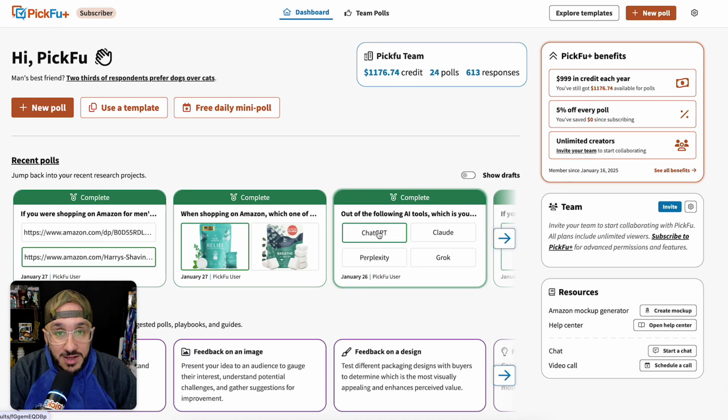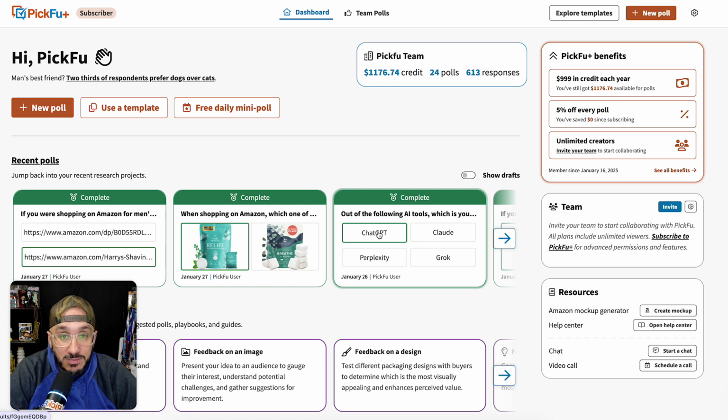Don't you hate it when you're selling on Amazon and you have a great quality product and you think you're doing well, but there's always this one competitor who, no matter what you do, they're getting a better review, they're getting more sales, they just seem like they're doing better than you, and you can't crack the code and understand what's going on? In this video, I'm going to show you how to use PickFu with an extremely powerful